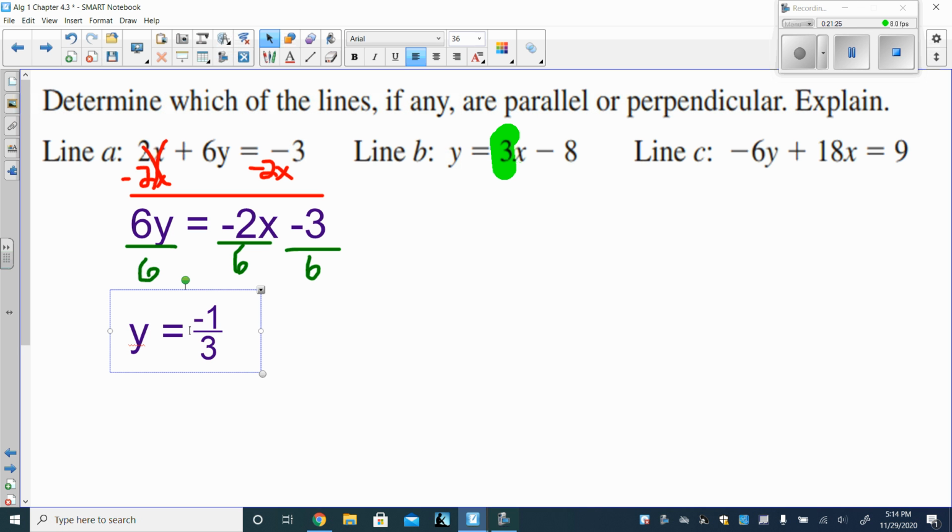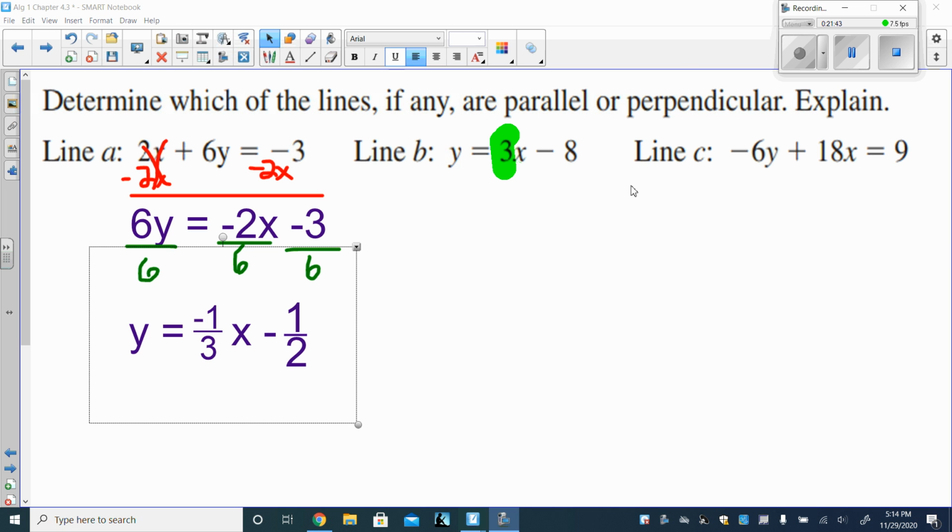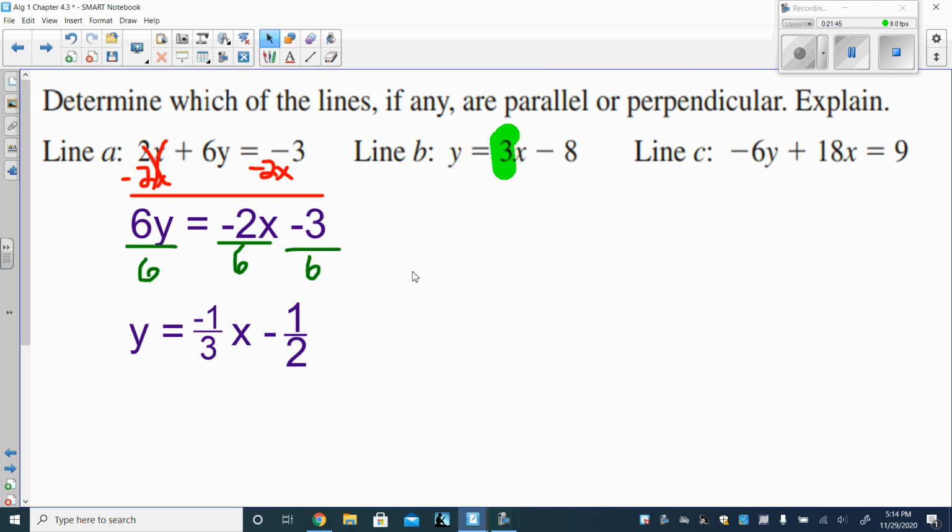So when we do negative 2 divided by 6, we get negative 1/3 x minus, well, negative 3 divided by 6 will also reduce to 1/2, because 3 over 6 will reduce to 1/2. So the equation that we end up getting when we write line A in slope-intercept form is y equals negative 1/3 x minus 1/2. And that's what we were going for because, again, y equals mx